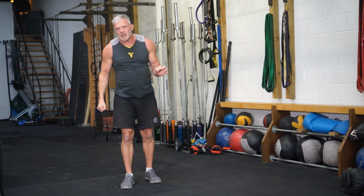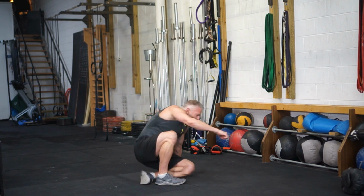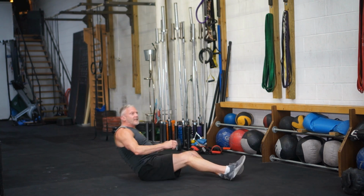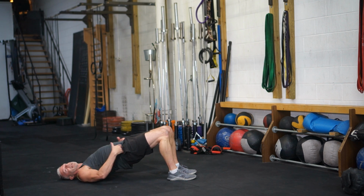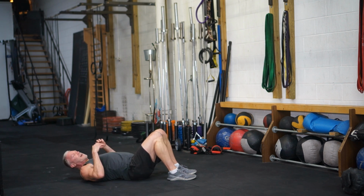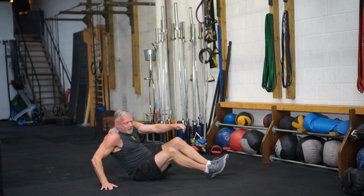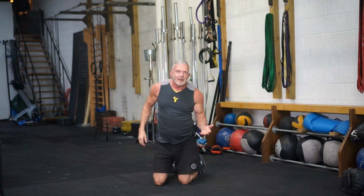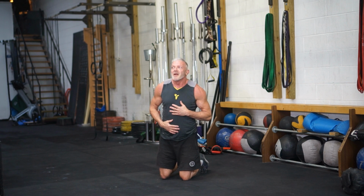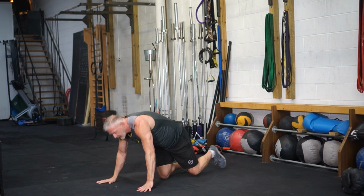The other exercises you should be okay at. We're going to be doing glute bridges, which are simply just lying down on the floor, and you raise your hips up so you get a nice straight line. You're going to squeeze your glutes and your abs at the top and come back down. That's all that one is. And there's another one which simulates, almost kind of call it an invisible pull-up, okay? But we're going to be doing it from a prone position, so you're going to be lying down on the floor, and it's as if you have